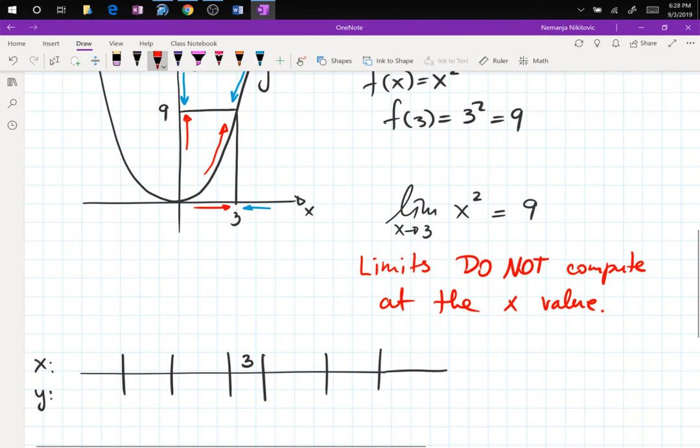So on the left side, which is Juliet, which is red, she is going to approach 3 with x values 2.9. So she's like 10 cents away from 3. Then 2.99. Now she's 1 cent away, so she's closer, right? And then